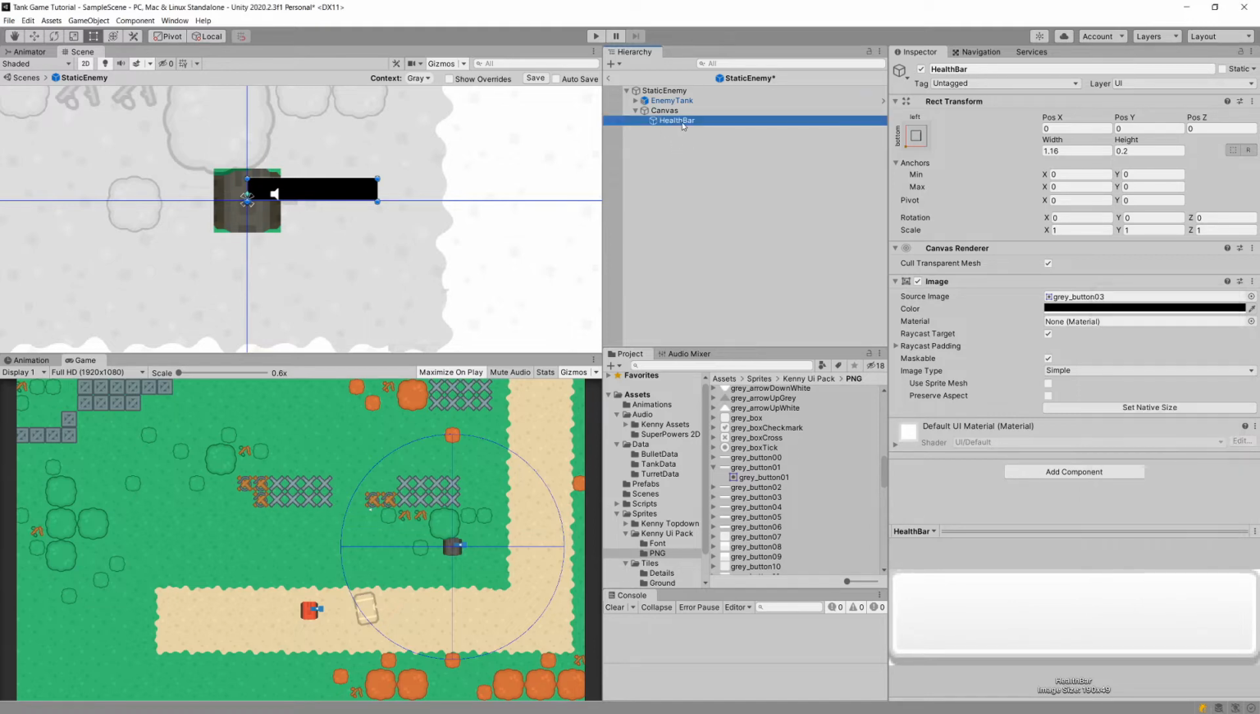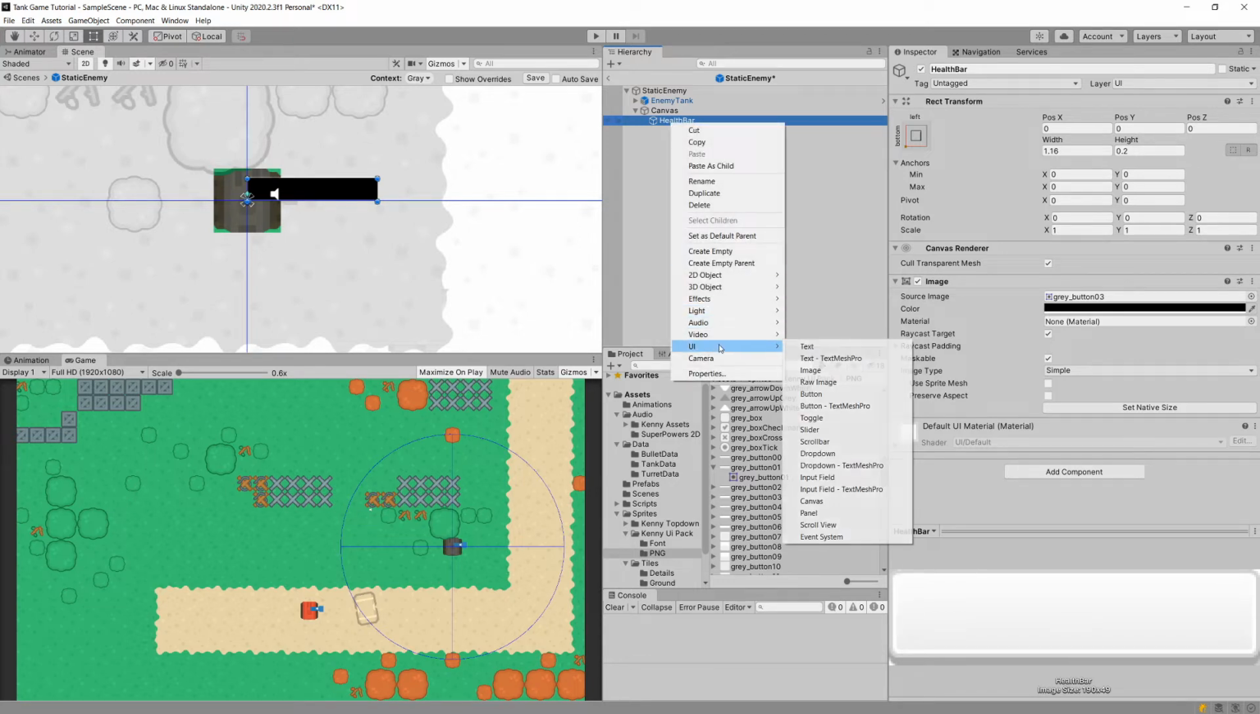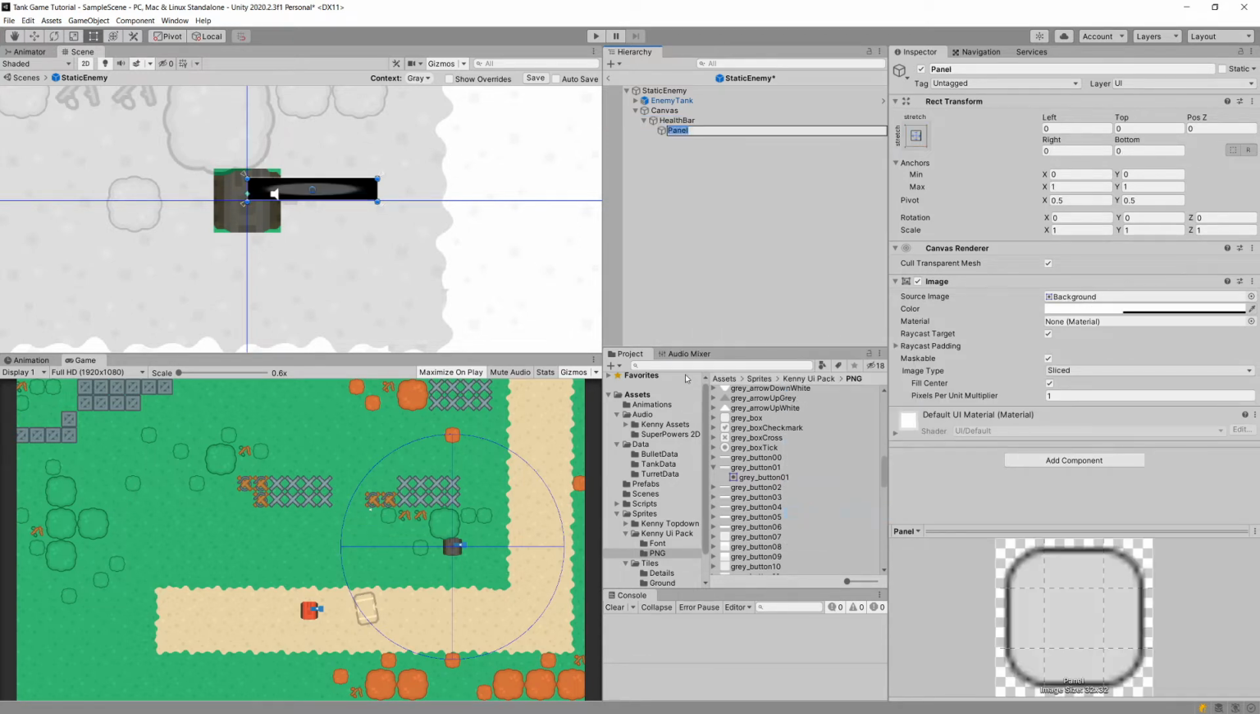Now we are going to use the UI slider for this setup. And for the slider component to be used, we will need to have a certain preset for our health fill, so the red bar that will fill in this health bar. So I'm going to right click on this UI and select the panel. And this will be our health fill